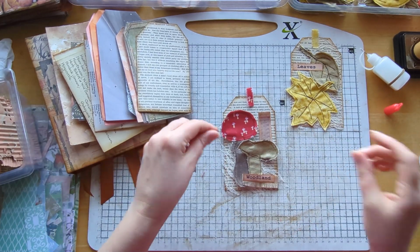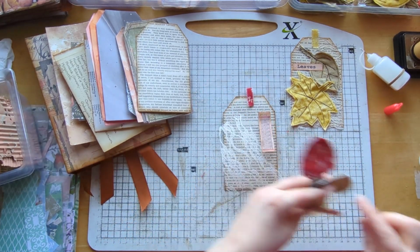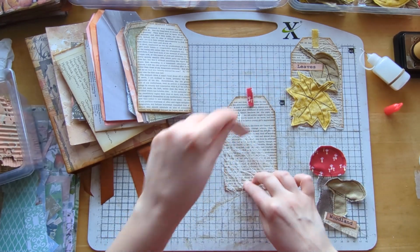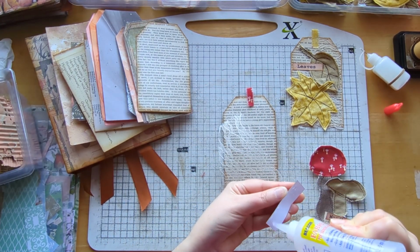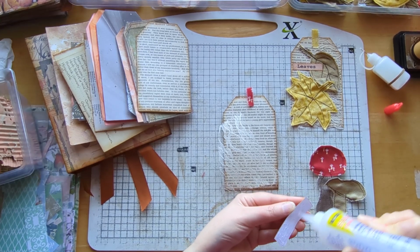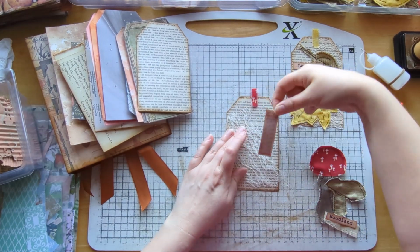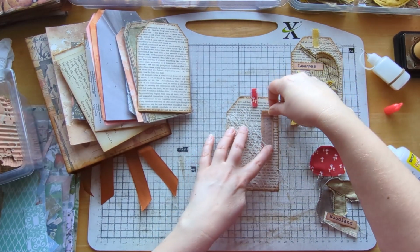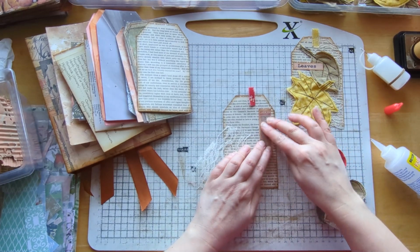And then this one is our mushroom one. So they're going to go on the top. You're going to go underneath. I've got the glue here. I'm just going to use this. You're going to kind of go there. I just needed something to fill in this gap, so this is just a